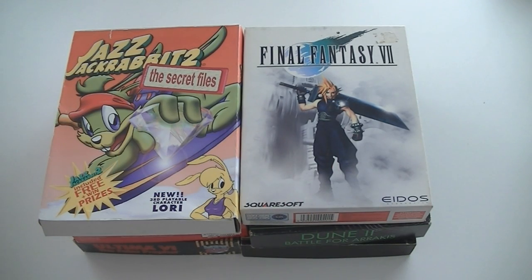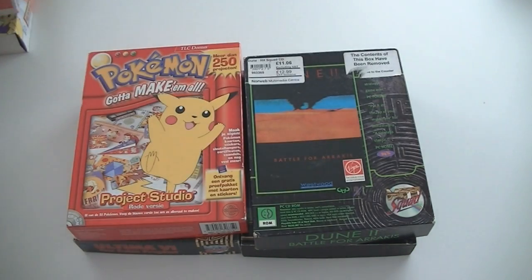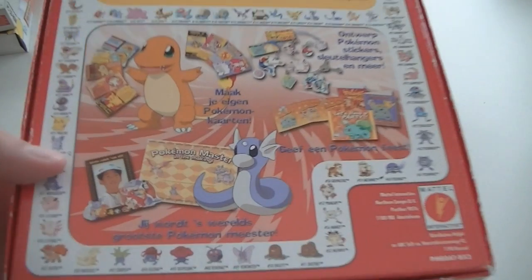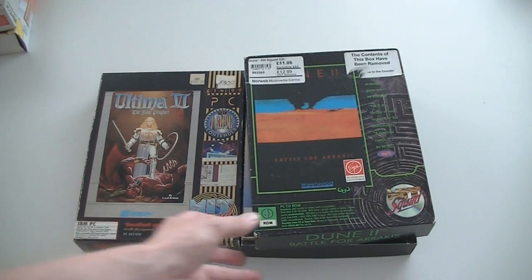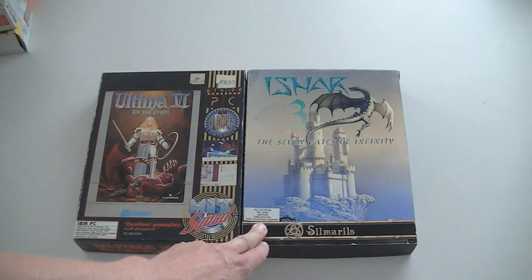More big boxes, and again some amazing titles. Jazz Jackrabbit 2 The Secret Files, which includes Jazz Jackrabbit 2, Final Fantasy 7, Pokemon Project Studio Red, so there was actually a red and a blue version of this, and this allowed you to make your own Pokemon cards, stickers, etc. And it's a good thing that I didn't have this as a kid, because I would waste so many hours on that. Dune 2, The Battle for Arrakis, Ultima 6, The False Prophet, and Ishar 3, The 7